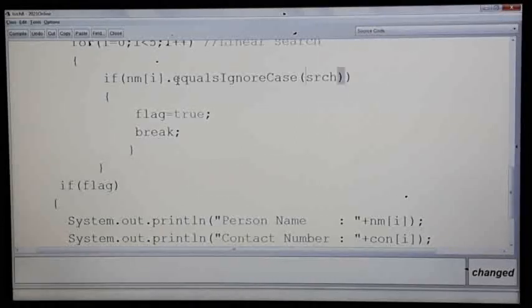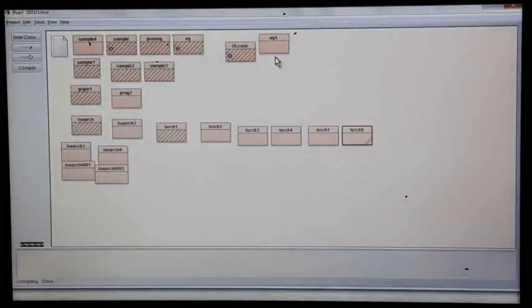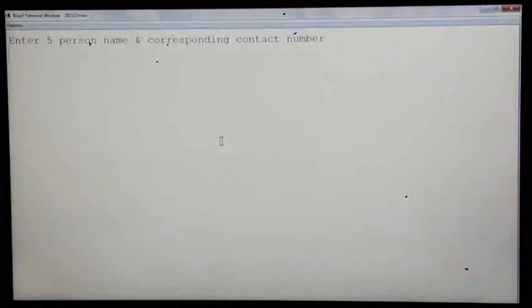Now we will execute the program and see how exactly it works. Just to create interest, I will give exact student names now. Let me start with a name, then some number.